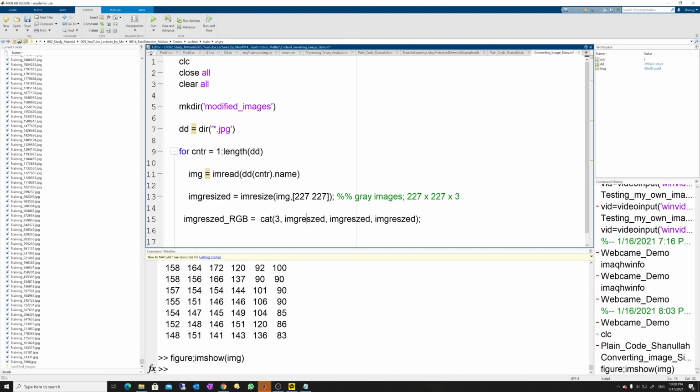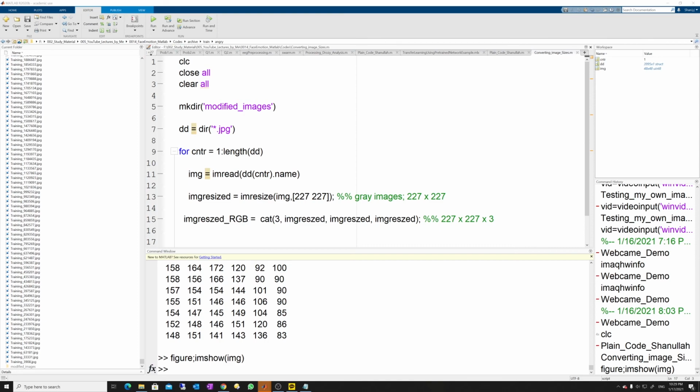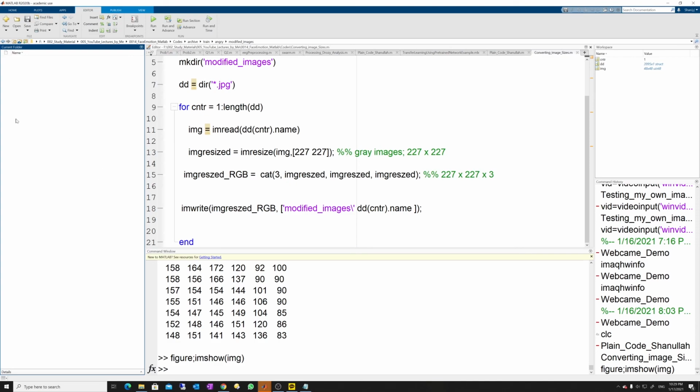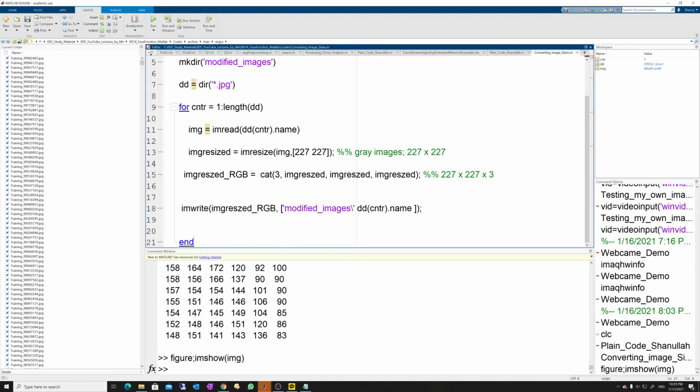concatenating using the cat command and converting it to 227 into 227. So this is what I'm doing over here, right? I'm just converting it because AlexNet requires it. Previously it was like this, and after concatenating, now it is RGB, and now I can easily write it. imwrite is the command to write them, with the same name inside the modified folder. You see over here right now the modified folder is empty,